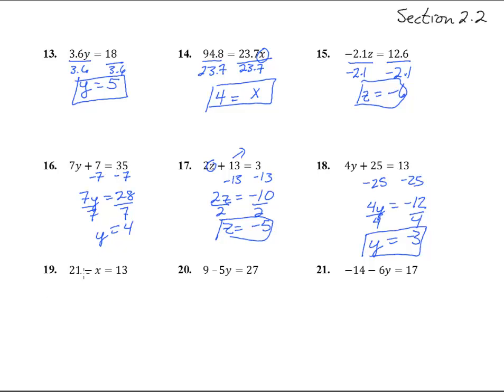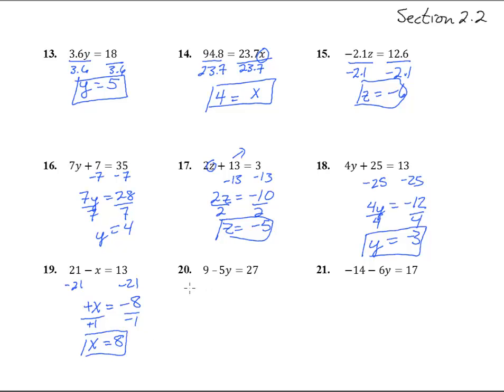Number 19, here we have subtract the 21, subtract the 21. Now notice we had to get rid of the 21. It was positive, so by subtracting, we're left still with a negative x equaling a negative 8. So now we have to get rid of this negative, so we can divide by a negative 1, divide by a negative 1. We could have timesed by negative 1 on either side as well. We end up with x, because these two are positive, and negative 8 divided by negative 1 is a positive